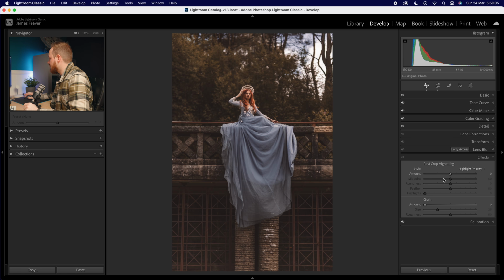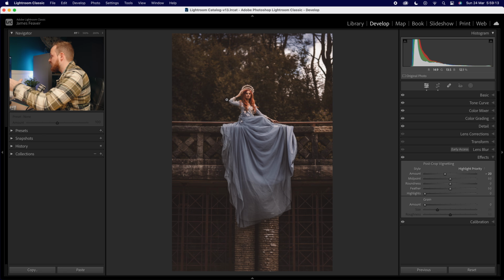So what I'm going to do is go to my post-cropping vignette. I'm going to go ahead and add in -20 and add in a vignette to this photo. Now, obviously, this vignette is quite strong, so what I recommend doing is going to our feather slider here and just increasing that to 100. What it will do is feather out our vignette and add a little bit more of a subtle